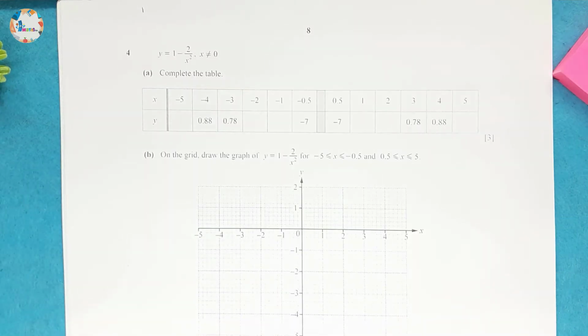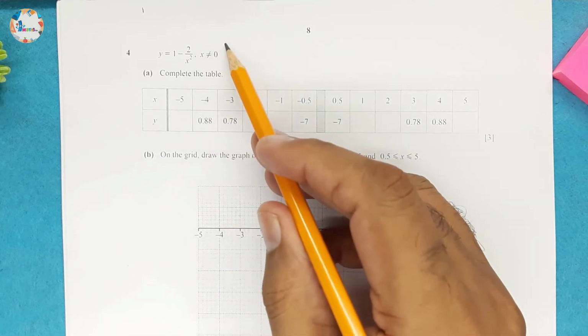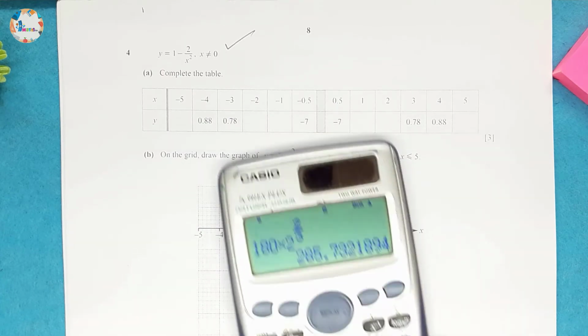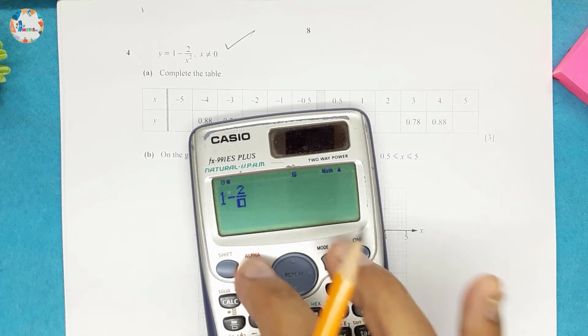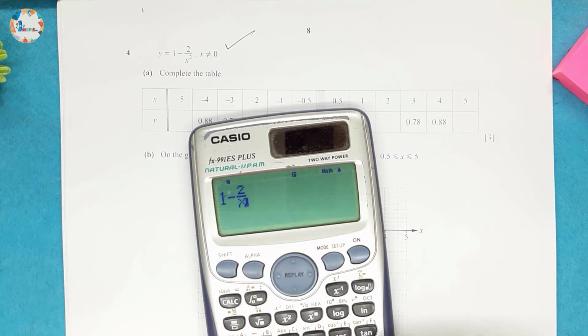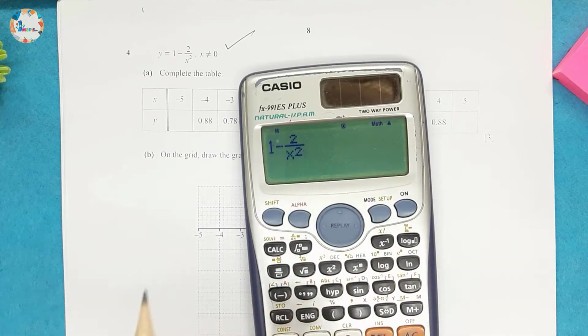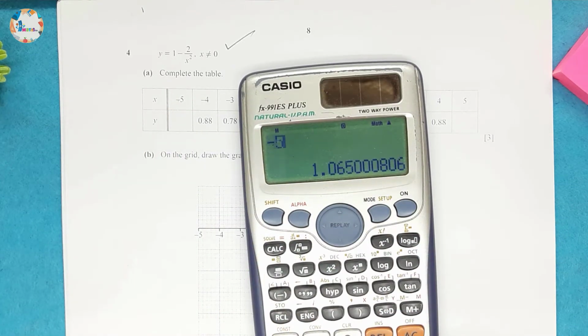Question number 4. This is a table we have to complete. The equation is given, y is equal to this one. So what we can do, we can type this equation, 1 minus 2 over x squared, and this is basically the equation. Solving for x is equal to -5, calculate for x is equal to -5, and this will give us the value which is